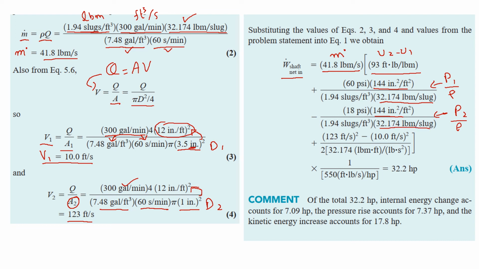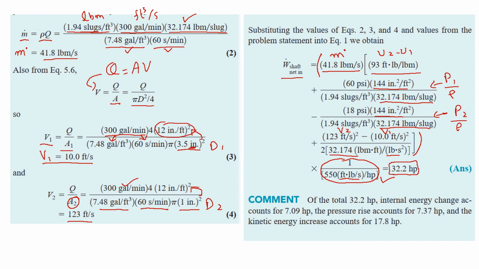Plus, these are my velocities, V2 minus V1, and these are again for unit conversion. Multiply by this term. This term is used because the terms inside this red bracket will give me power in terms of foot-pound per second. But to convert it into horsepower, I will multiply it with this term as a whole. So I will get my work rate, that is my power, in terms of horsepower,